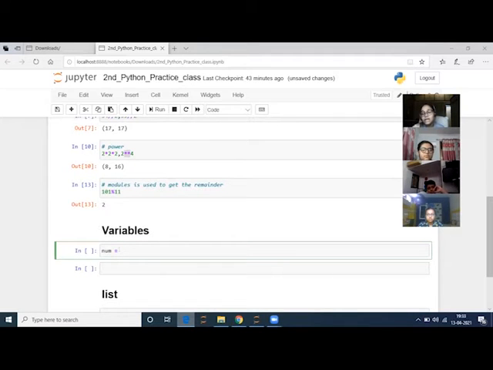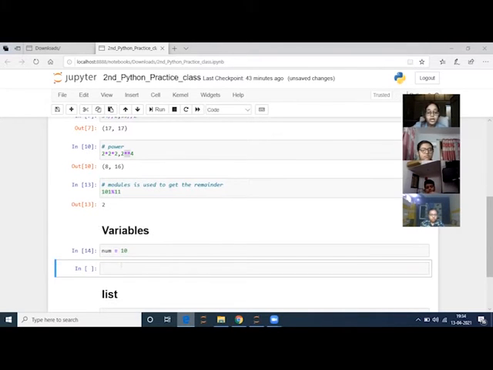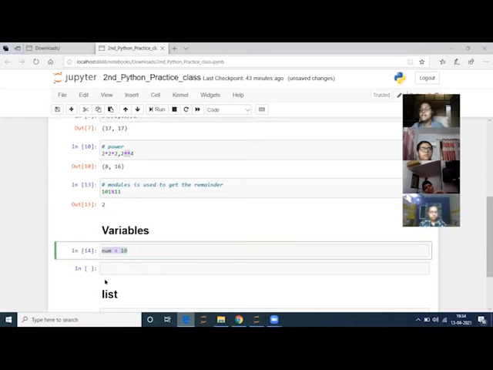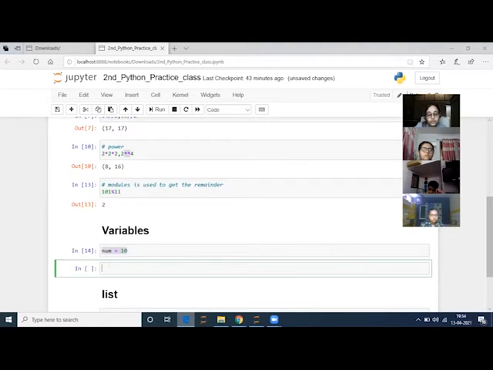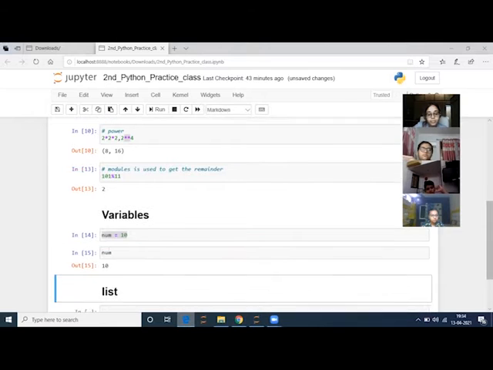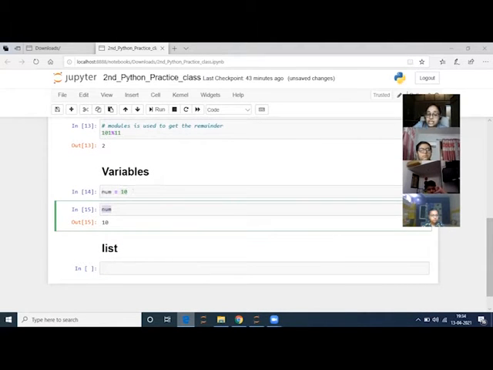So I am just storing. When I put equal to, that means I'm initializing. That means I'm storing a very simple number, which is 10. So 10 is a whole number. Fine. So now I have initialized. So let me check whether my machine has understood or not. Now it understands what is num now? Let's see. So we will check num. See, when I actually initialize this number and I printed num, I see my output as 10.